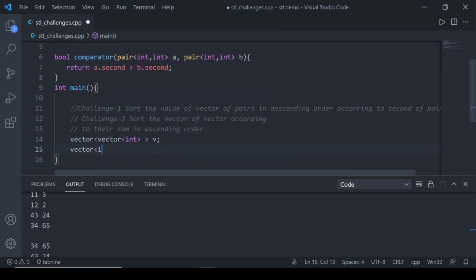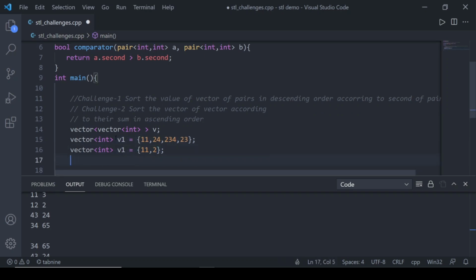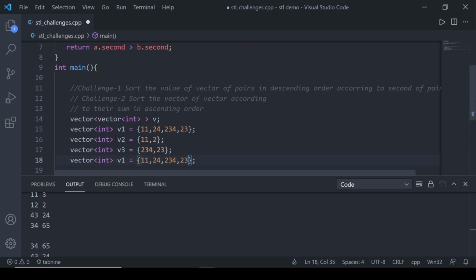So v1 equals 1, 11, any numbers. Let's have some other vectors also, they may differ in size, no worries. So let's say it has 2 elements and it has these 2 elements. Let's say it is v2 and this is v3, and let's have another one having 1 and 2.